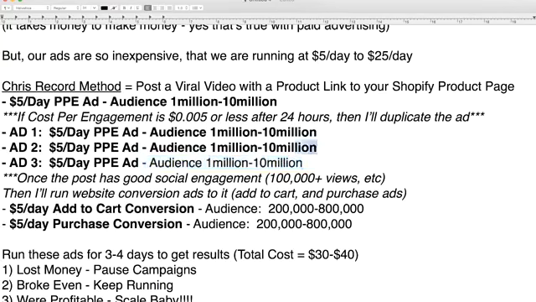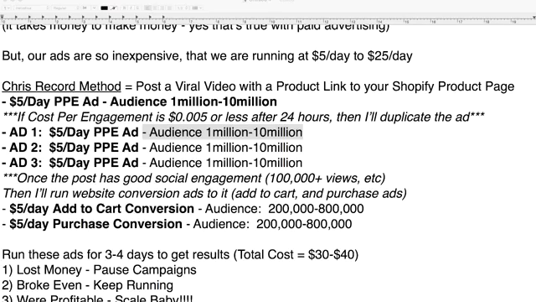So the big thing that's changing is that in this case, once I'm running conversion ads, I'm going to actually narrow down my audience a little bit more to people likely to purchase. And that's what I want to go back and show you right now, people that are likely to purchase. So look at these stats. You guys should be writing down these stats right now if you can. The reason you should write these down is because you're going to want